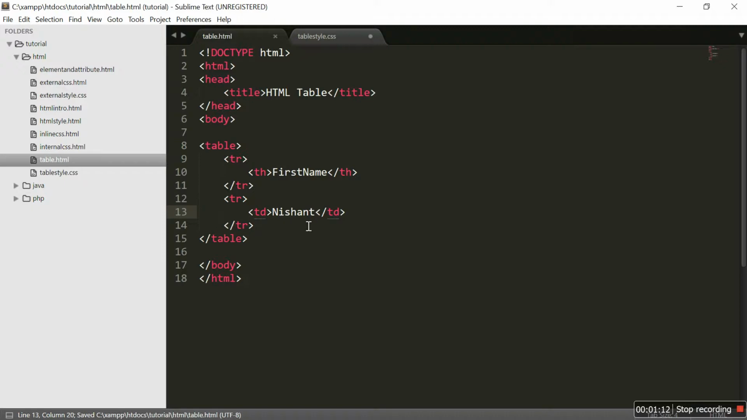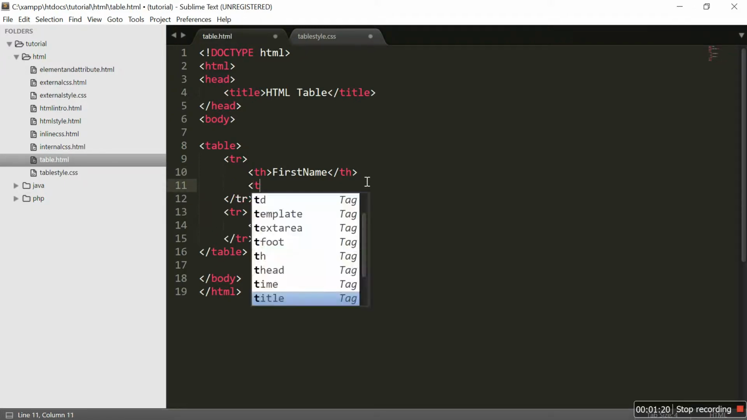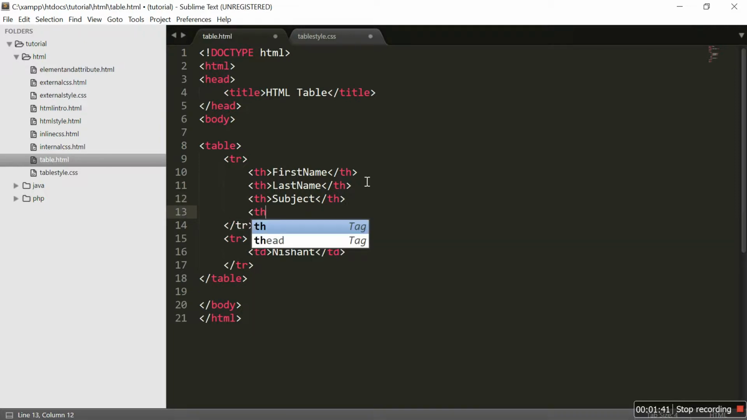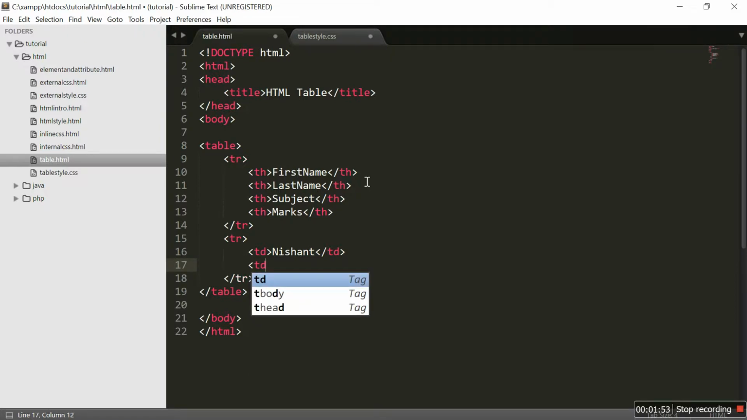td contains all sorts of HTML elements like text, images, list or anything. So I am going to give some more values like th, last name, inside th, subject, one more th, marks. And for all of these fields I have to give the result inside the td tag, that is last